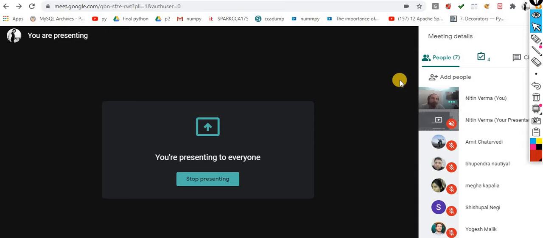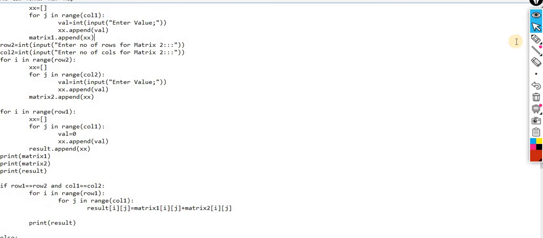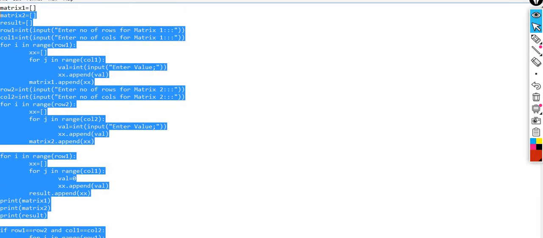Okay, good. So I am moving to the next assignment. That assignment is: write a program for the multiplication of two matrices. Very simple concept. Again, go to the mathematics. So this time I am not taking the entire scenario. I am taking the static value because it is very time consuming. So now you understand each and everything.